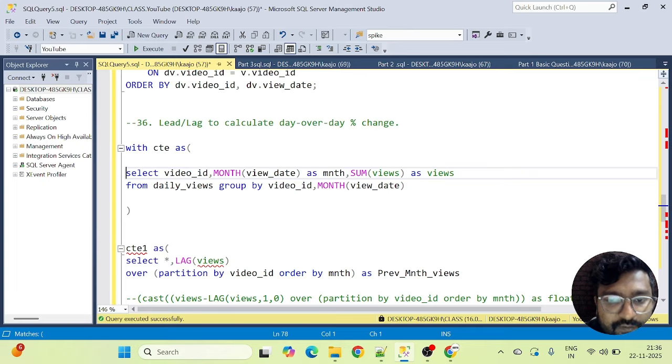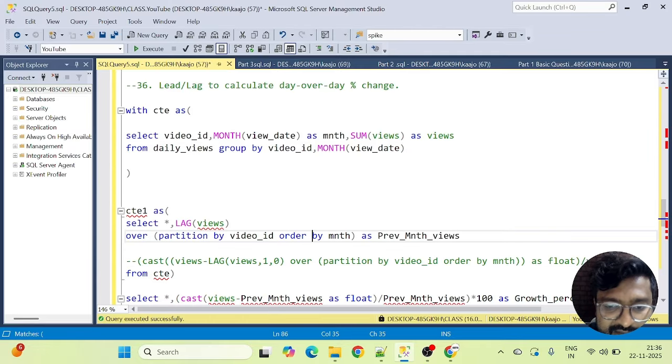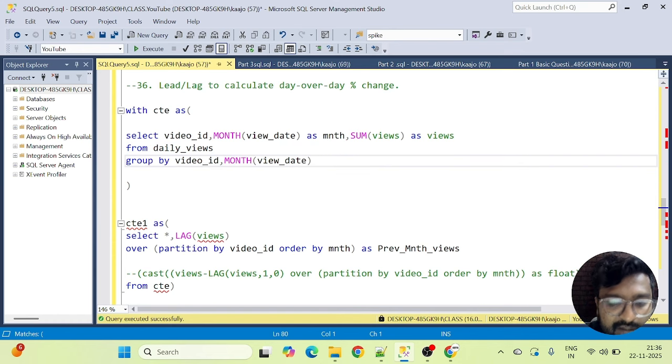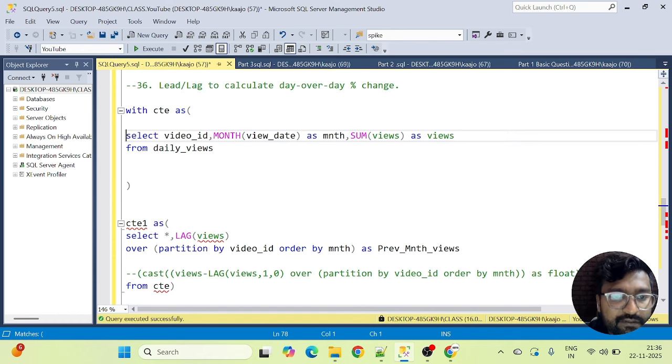Okay, because we have to calculate day by day, I don't think we even need to do a group by, or do we? I don't think so, because group by in the previous scenario was done just to calculate the sum of views, right? But because now we have to do it on a day-to-day basis, we don't really need this. Okay, let's try to tamper with this already written CTE. Hold on, I need to get video ID. Let's get rid of group by daily views.